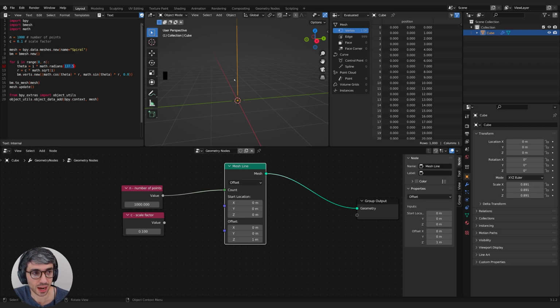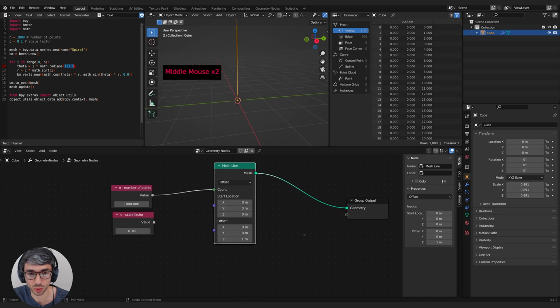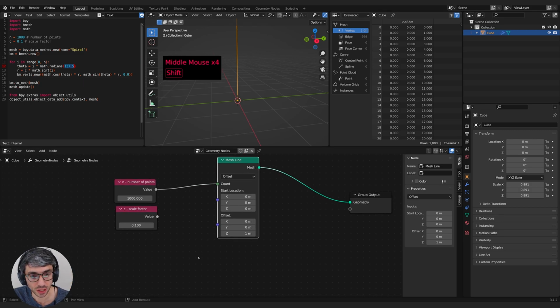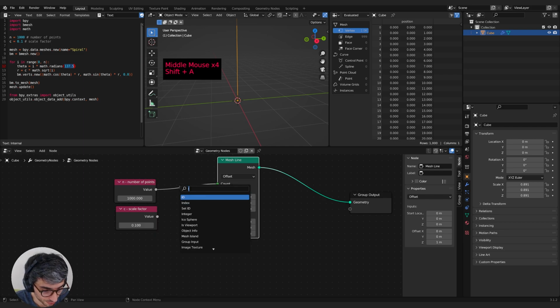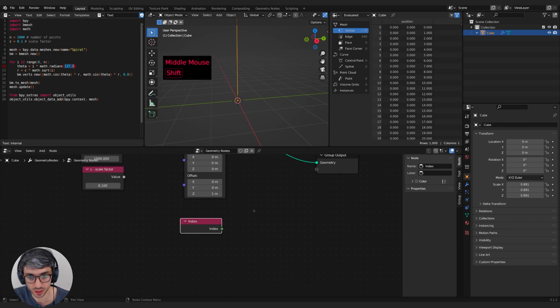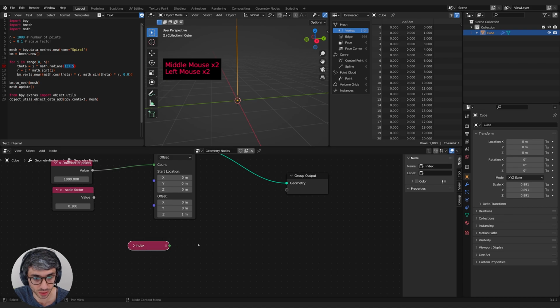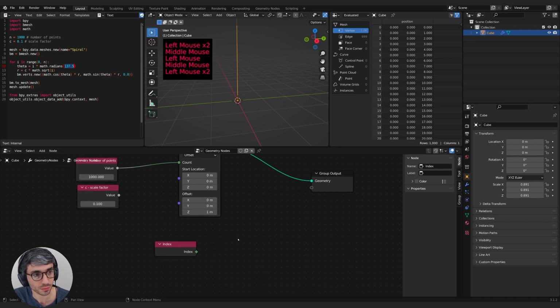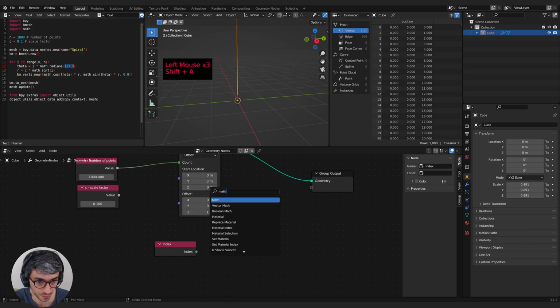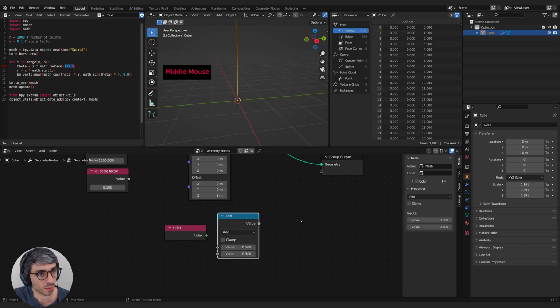So we need to take I, which is going to be the number. So we can just use the index number for this. So, which one are we up to? Because we're going to cycle through each of these one at a time. So let's take the index. So I'm going to type in index. I'll just bring this down here. We'll map this out down here. So we take the index number that we're at, and we're going to multiply this by, so I'll grab a math node. We're going to multiply it by math.radians and